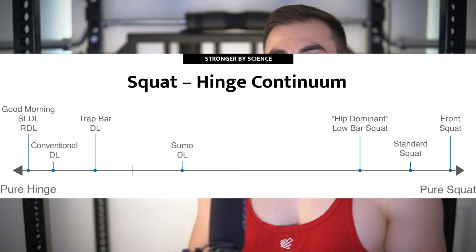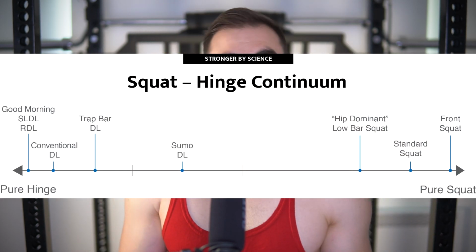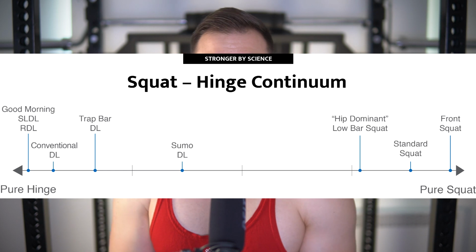So specificity being 1-to-1 on that level is fine. Plus, you mentioned one of the most important points ever. You're doing accessory work like the RDL, like the stiff-legged deadlift. And if we look at the squat hinge continuum by Greg Nuckols, the RDL is more of a hip hinge than the conventional deadlift. So even though your sumo is less hingy, that doesn't matter in the context of general strength